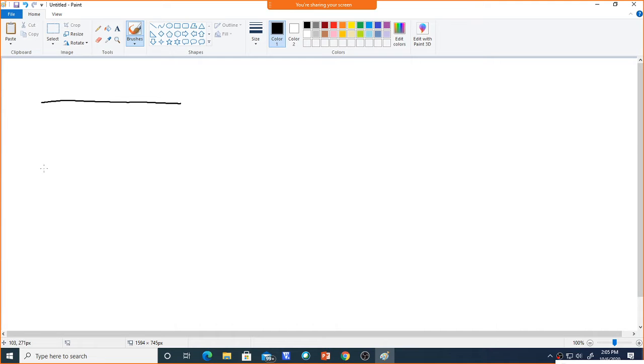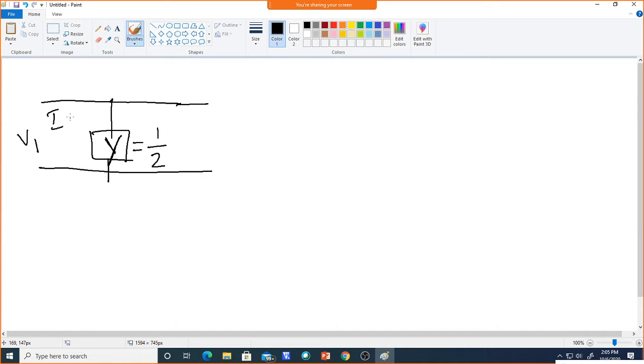Say, for example, you have a component which is a shunt, either an impedance or an admittance. Say I will take Y, so I can write it as 1 over Z, or you can write Z equal to 1 over Y. Now we have Y, V1 and I1 flowing here, and V2 and I2 flowing into the network. Okay, so now how to find this?